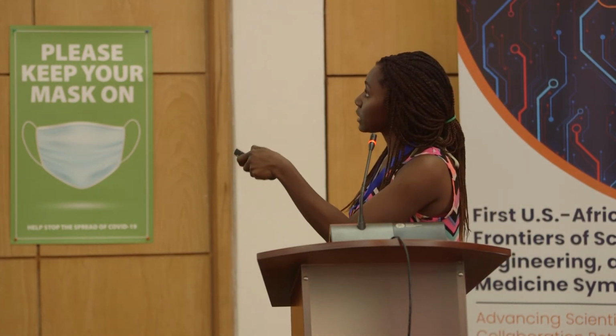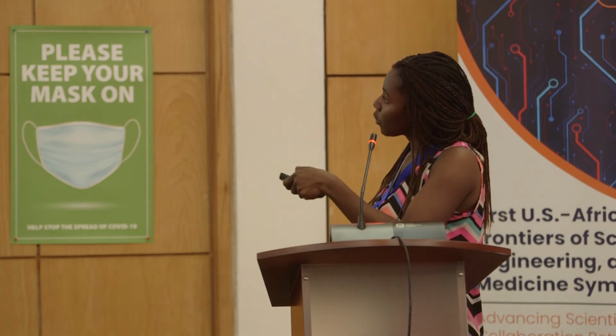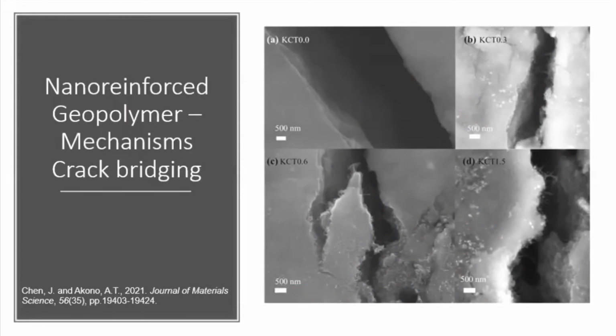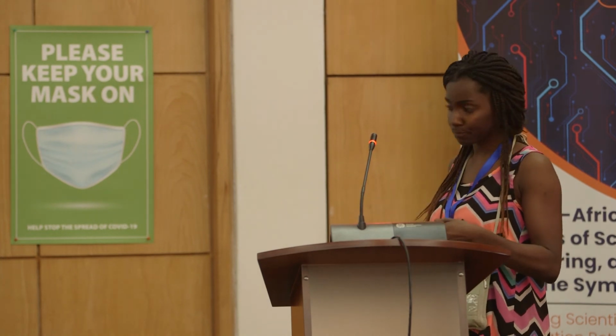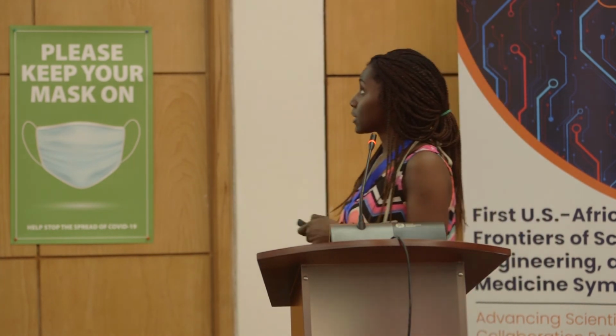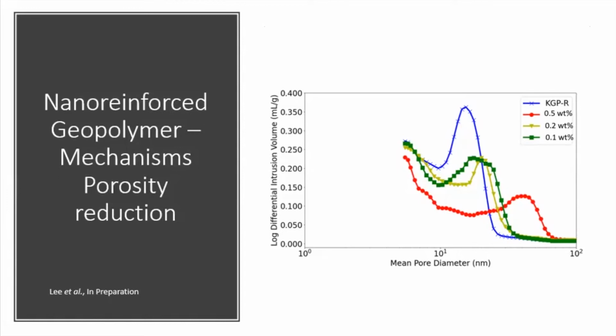We have, in this case, multi-wall carbon nanotubes coming out from the edge of the crack, and they are actually bridging it and keeping it together. This in turn is going to lead to a roughening of the crack, but also to other toughening mechanisms such as ligament bridging. Another aspect is the high specific surface area of carbon-based nanomaterials.